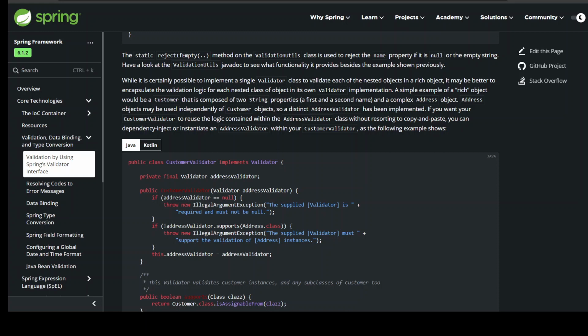If you want your CustomerValidator to reuse the logic contained within the AddressValidator class without resorting to copy and paste, you can dependency-inject or instantiate an AddressValidator within your CustomerValidator, as the following example shows. public class CustomerValidator implements Validator { private final Validator addressValidator;